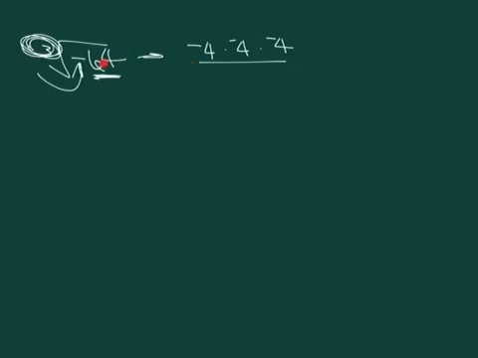The cubed root of this, what number times itself 3 times gives me 64? 4 times 4 times 4, that's negative, negative, negative, negative. I'm done. Negative 4 is my answer. All right, that is B. C,